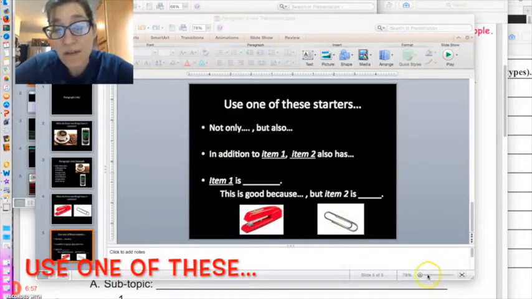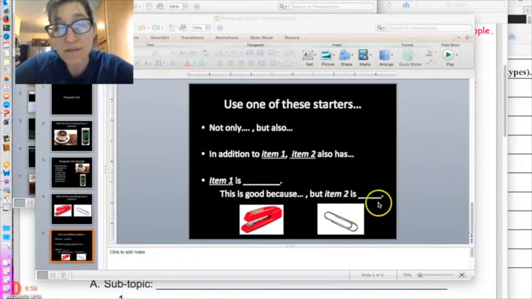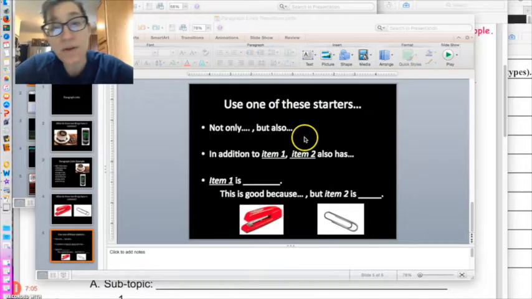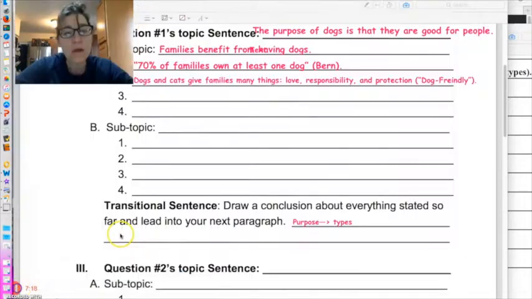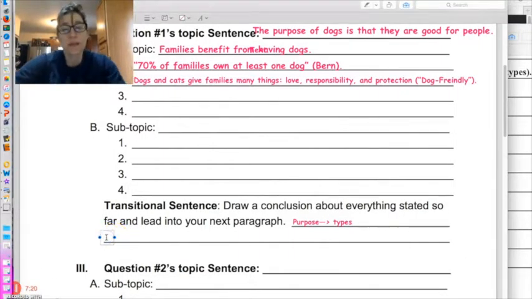I can use one of these. These should look very familiar because they are actually the transitions we used in the last essay. Not only, but also; in addition to item 1, item 2; item 1 is, and this is good because item 2. So you can use one of these. I'm going to actually end up using the second one. So this looks like, in addition to